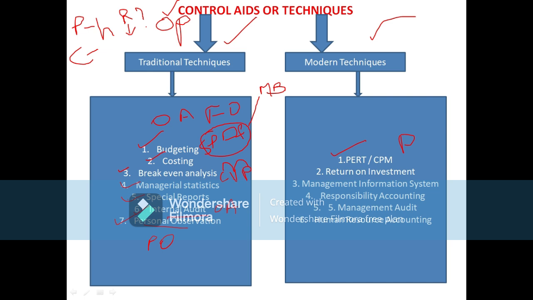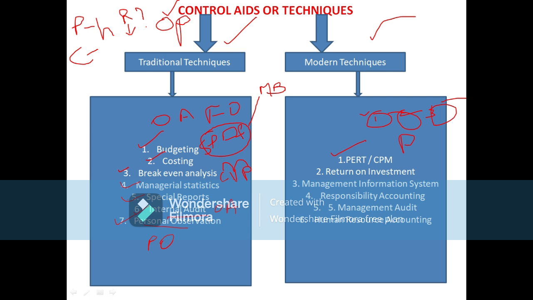There will be a sequence. After completing the first work, then we have to go for the second activity. After completing the second activity only, we have to go for the third activity. Likewise, we have to finish. There will be a starting point and an ending point. Till the ending point, we have to complete the activities of that particular project. So to complete the project, these activities should be taken up in a proper sequence and completed within the prescribed time.